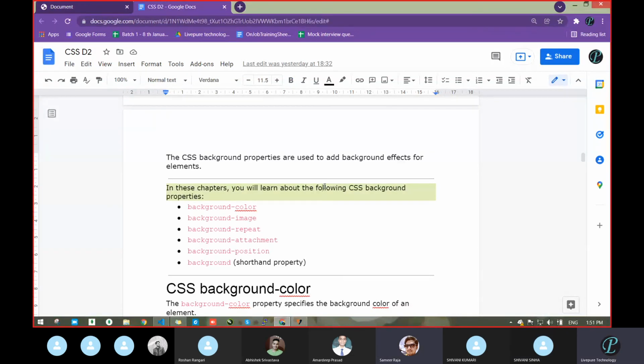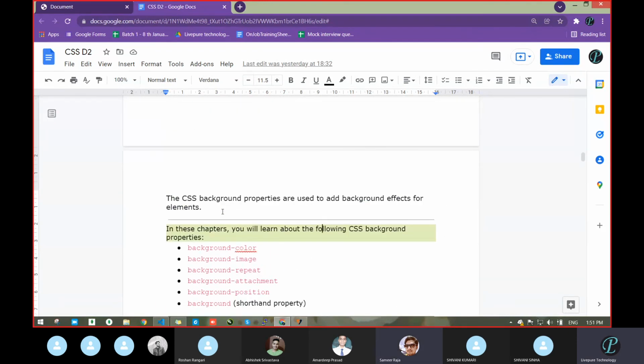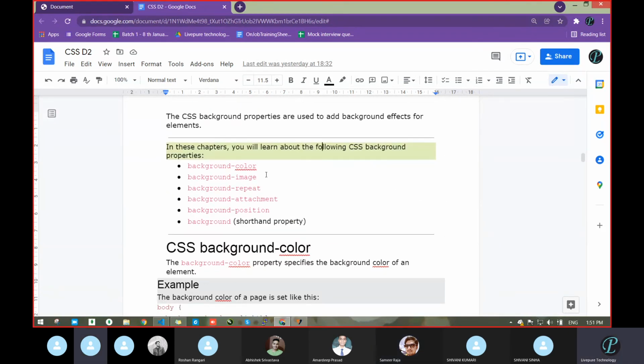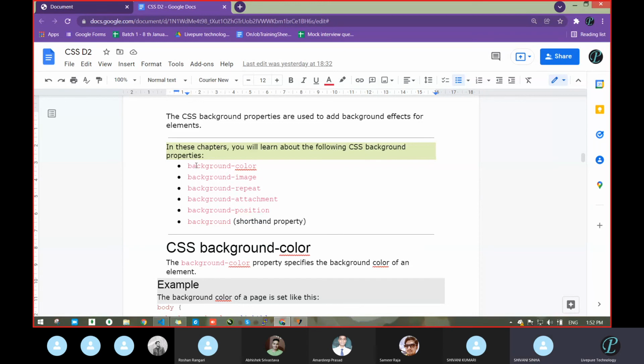Okay, so now we will cover one more topic, that's it. Now regarding the background itself, leave it up to here. Tomorrow we will cover the different background properties. Now we know only one thing, how to add background color. If you want, you can complete it tomorrow. No need in the evening. Today just practice your assignment.